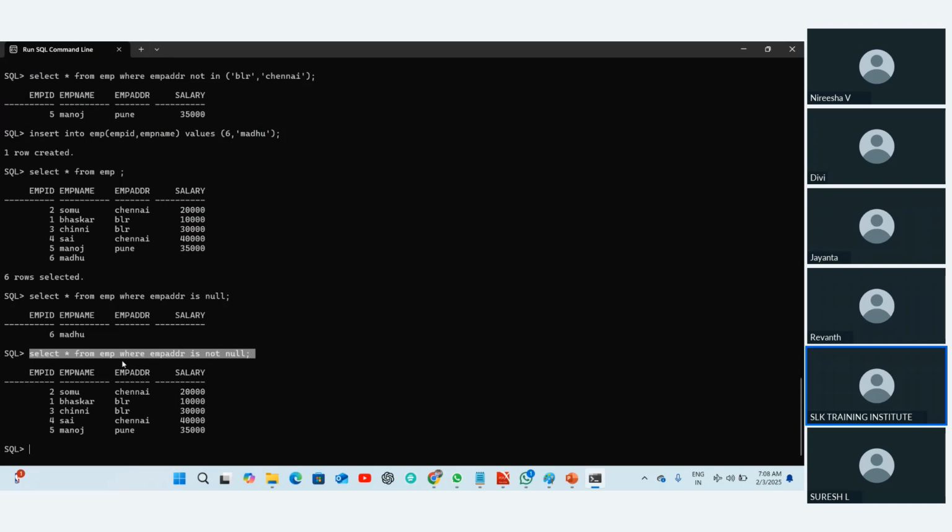Okay. So when we wanted to exclude any bad data from a table, then we are going to use the is not null condition, because these are the common conditions that we are going to get in real time. Usually people say that whenever you have any null values, just exclude that data. So there are certain situations where